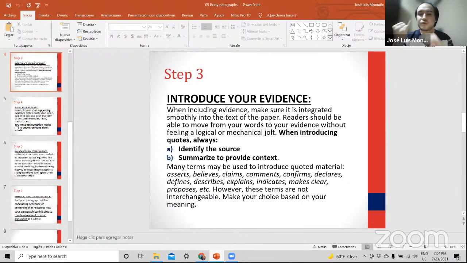You don't have to copy and paste the information in step number 3. And you don't need to explain the evidence. You just have to tell me, right? Hi, this is my evidence. I'm using this evidence from this place. Nice to meet you. That is introducing the evidence. You have to tell me what source you are using, right? And what's the name of the source that you are using, right? For example, in your case,